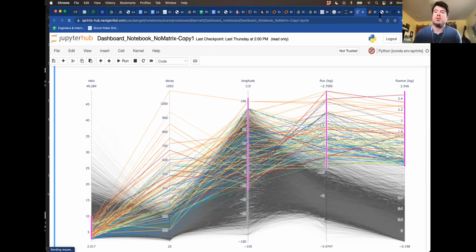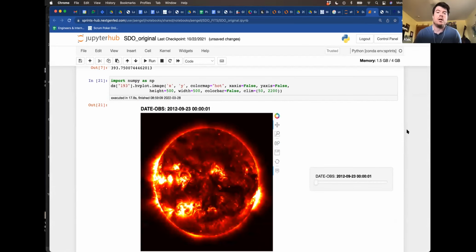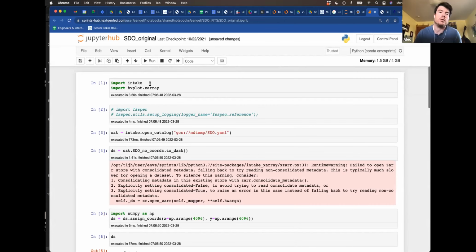So before jumping back to the time series plot, I just wanted to show this because this is really cool. What we've done here is use the intake library and just simply the hvPlot library in Python. And you can see NumPy is imported as well. So 3 libraries are